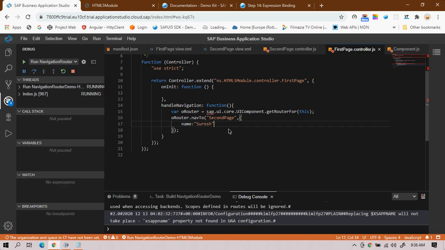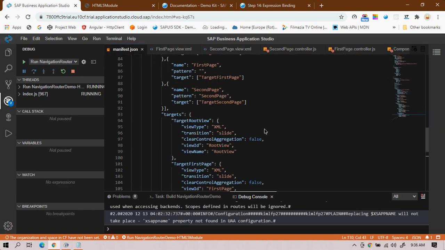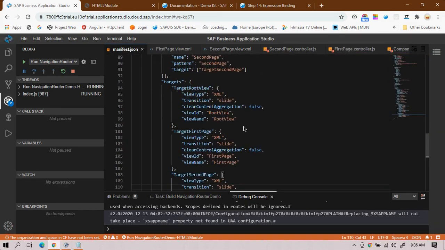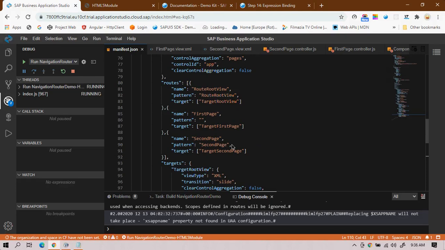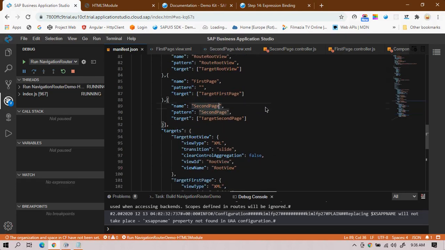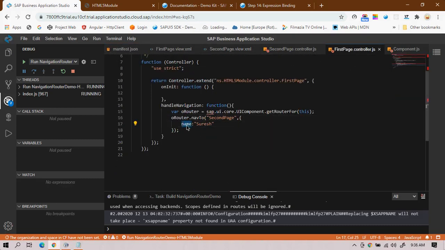Next, I have to go to the manifest.json file. Once I navigate to the manifest.json file, I have to give the slash and then curly braces. In these curly braces, it will take the property name which I have defined.